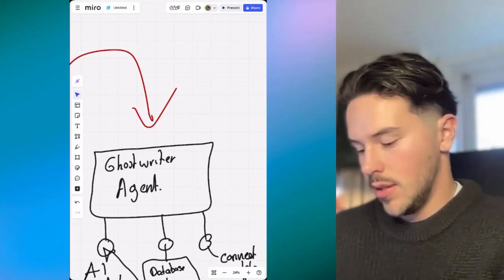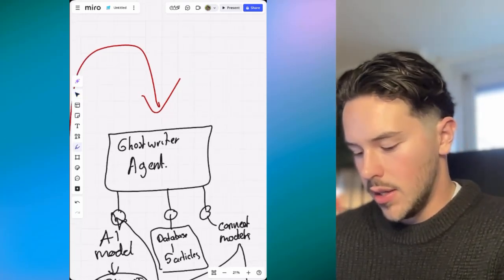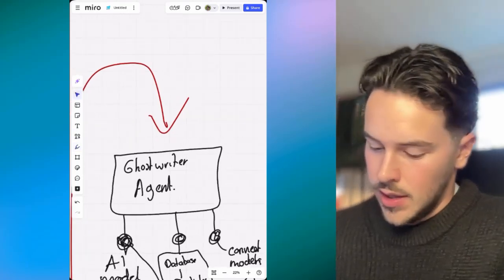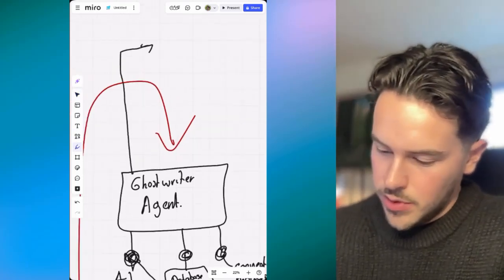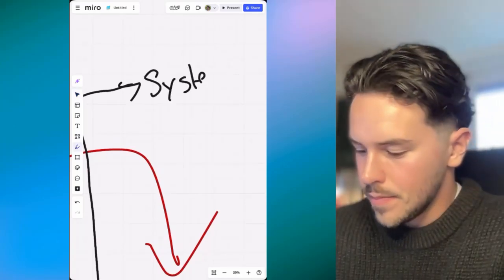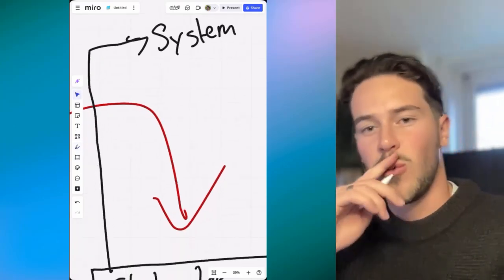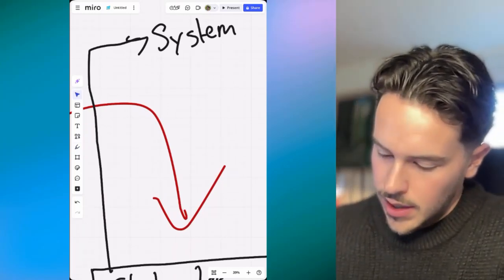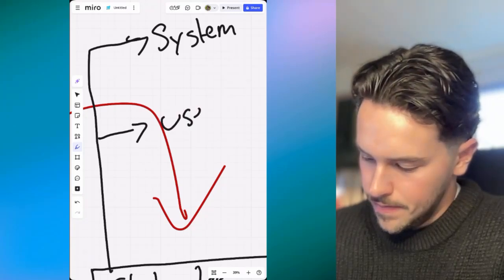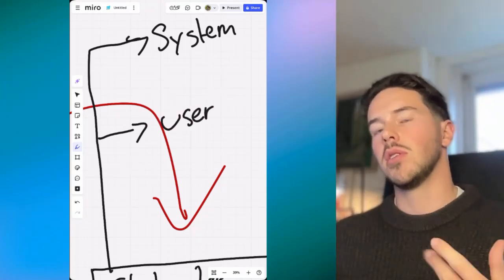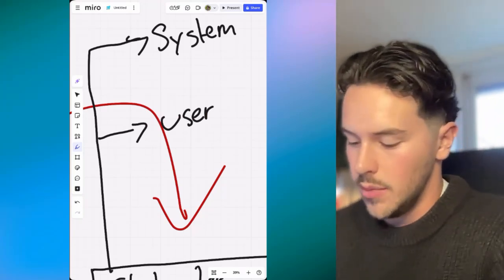And an agent, as we talked about, consists of its model, database, and connected model. And it has different prompts. So we got a system prompt. That's, for example, if you make a custom GPT, that's a system prompt. And then there's a user prompt. Well, these are the ones we use. I think these are the most efficient to use. We can go way deeper, but these are the minimums.